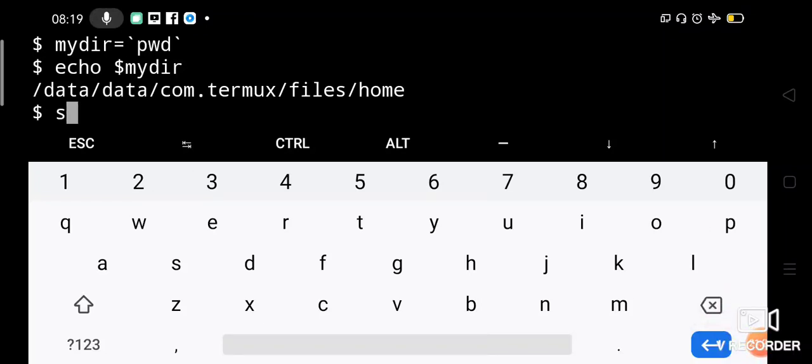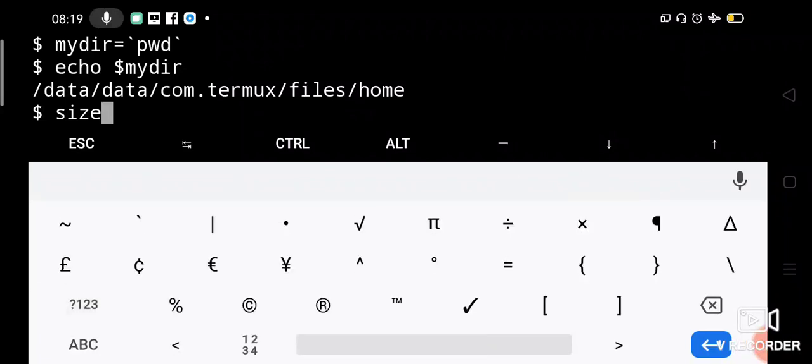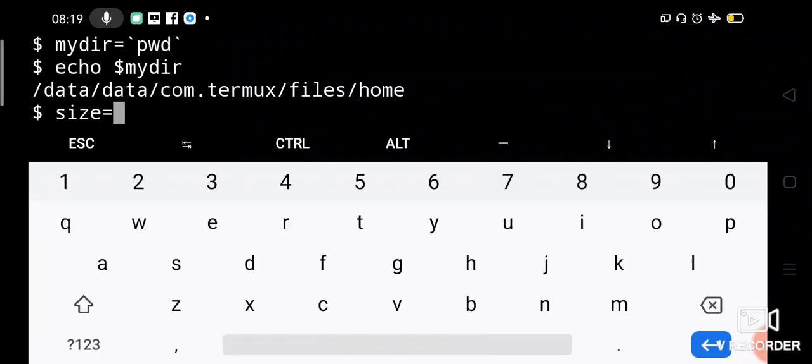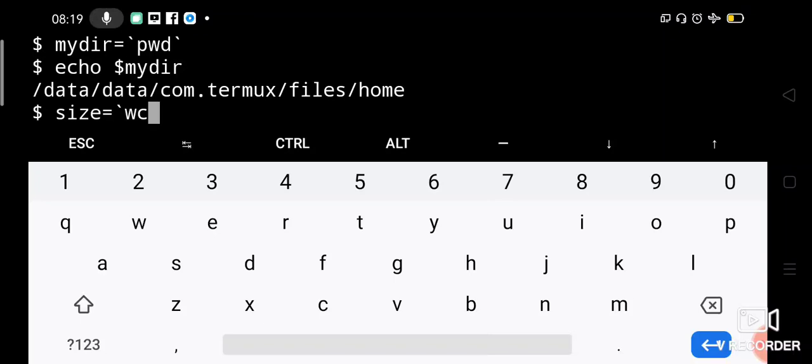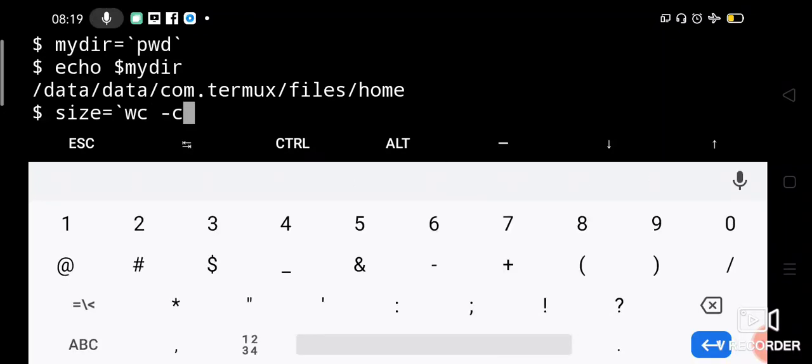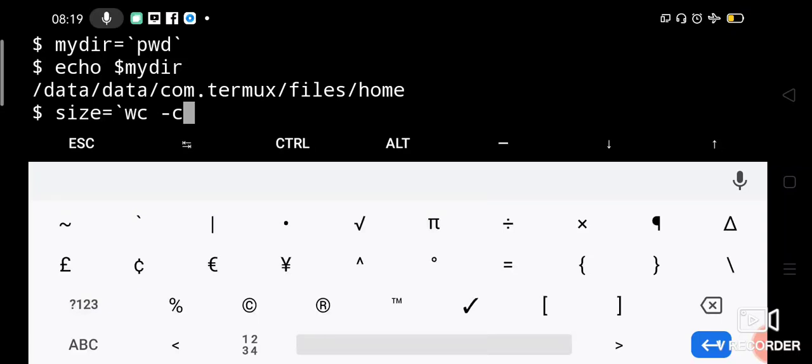Okay, let us create another variable called size equal to, let us use backquote for evaluating a command, and let us say wc -c < f1. The less than is for input redirection, taking the input from a file.